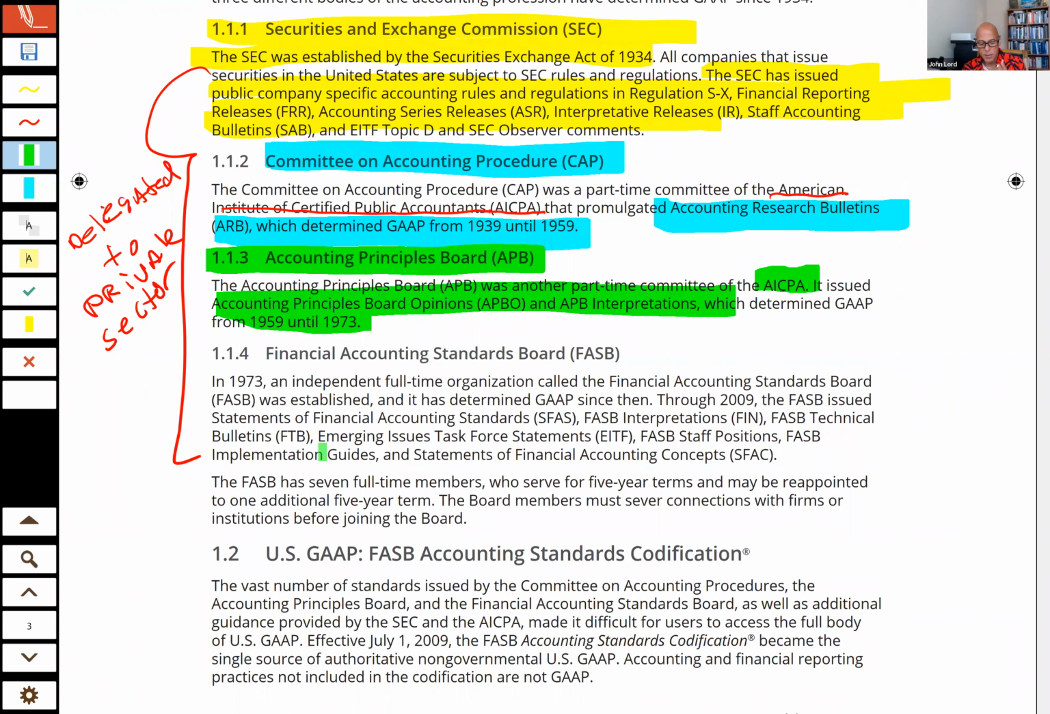CPAs pay their dues to be a member of the AICPA. But where do CPAs get their money? CPAs get their money from their clients. So what's happening? The AICPA gets its money from CPAs, the CPAs get their money from the clients, the inmates are running the asylum. What we need is a separately funded, independent accounting standard setter. That organization shall be called the Financial Accounting Standards Board, and it shall get its funding through something called the